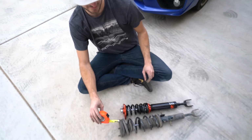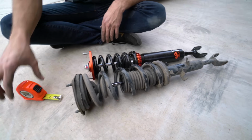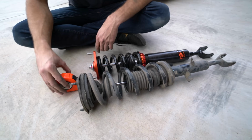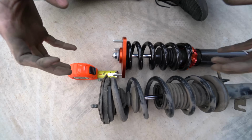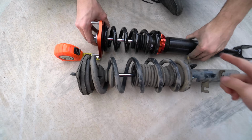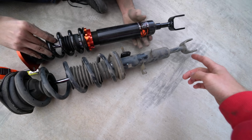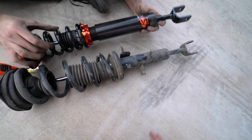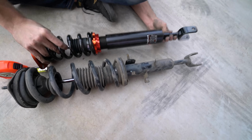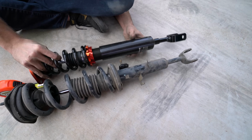About 1.5 inches lower in the front, so it's not going to be exact because the compression rate is going to be different in the springs, but we're just measuring, setting up the unsprung setup 1.5 inches lower than the stock setup was. So we line these up back here. Well, we're actually lining the top up a little bit lower, and then we need this to go out on the new coilover, so all Trevor is doing is spinning it until it's the same length as that. That'll give us an approximate estimate, and then we're going to make the other side the same for the front